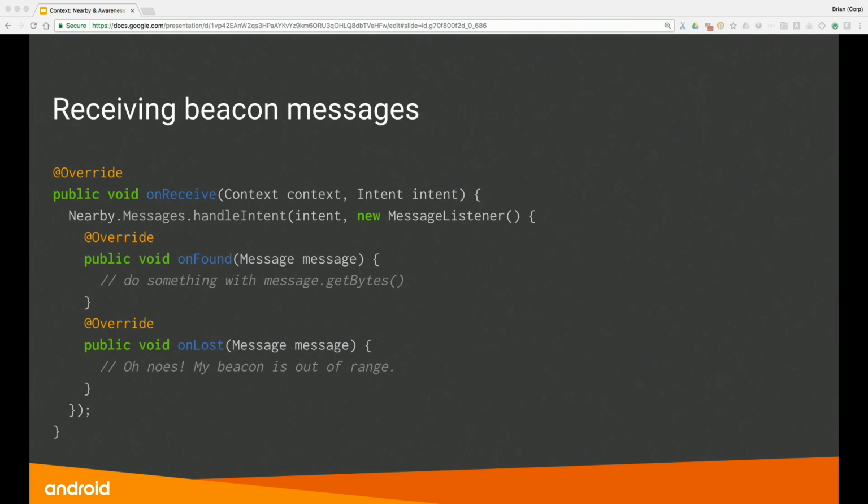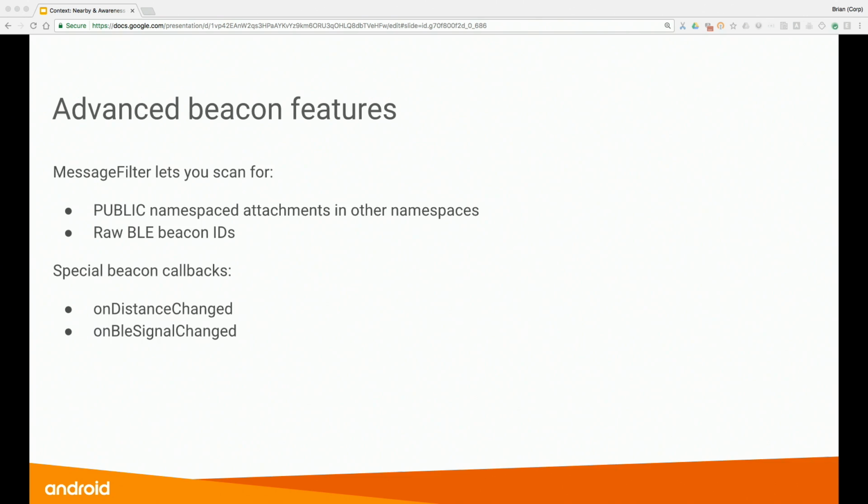One of the things I should mention here, specifically for beacons, is that you're also able to tell when the beacon goes away, so you can listen for presence essentially. You can fence things on this. So far the examples that I've given are only going to find beacons that have attachments